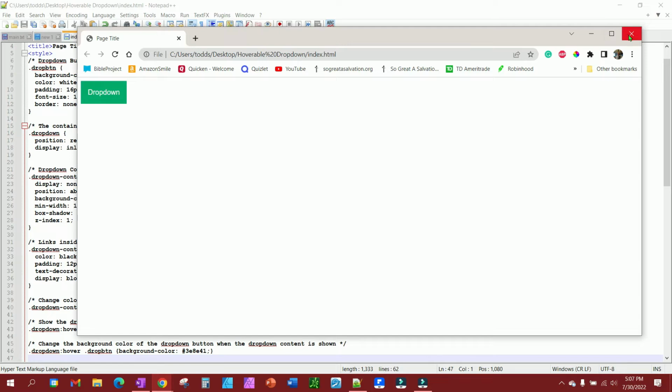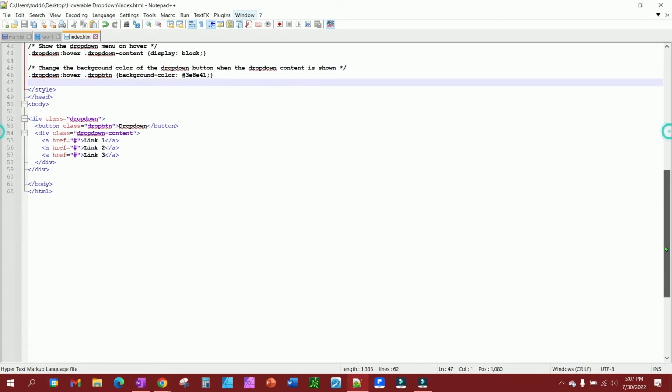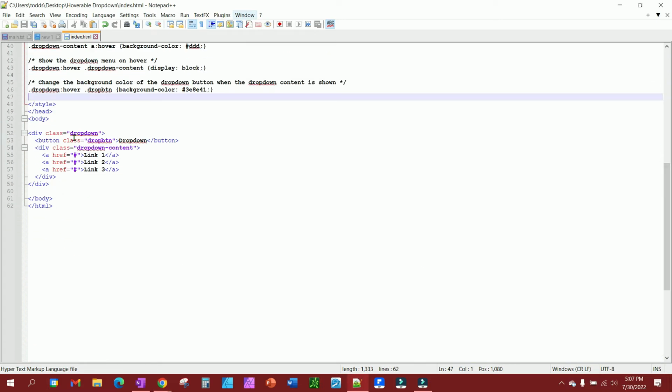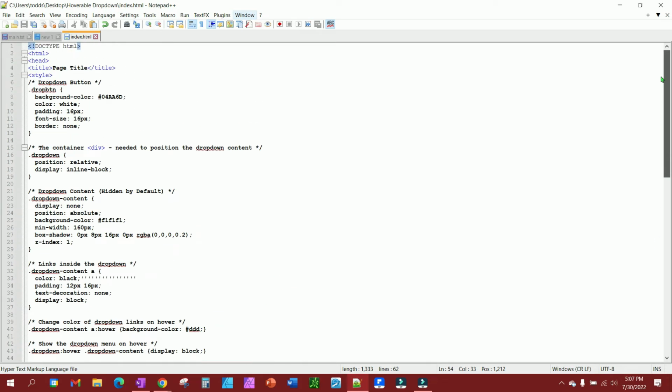So let's just go over the CSS we have real quick. Let's talk about it a little bit. You remember we have in the HTML three different classes. We have dropdown, dropbtn, and dropdown-content. All of these we can find what they do up in their CSS up top, right? Dropdown, right here, you'll notice we have dropdown. That was the